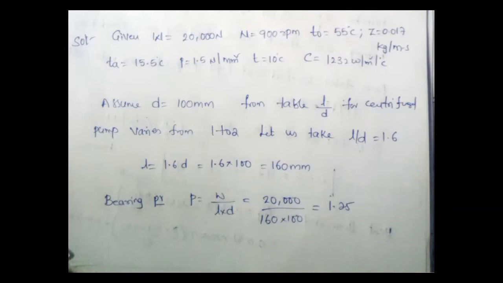Now, normally in that particular application, in your data book, the centrifugal compressor bearing pressure value and L by D ratio values are mentioned. You please observe in your data book. Maybe the values vary, but these things are common. Zn by P value is there, D by C value is there. Each and everything is provided in your data book. Please go through your centrifugal compressor entry, and verify what the actual bearing pressure value is there.